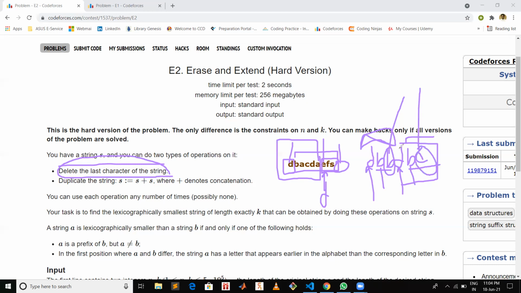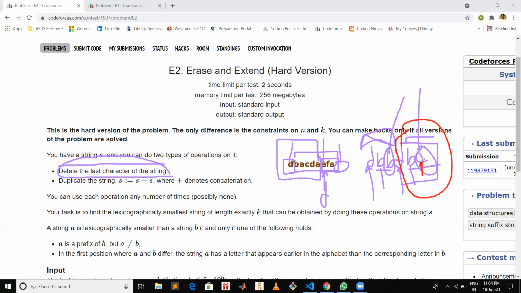So if you delete, let me change the color of the pen. So if you delete this part, after concatenating you can see the character which you're going to get at this position.